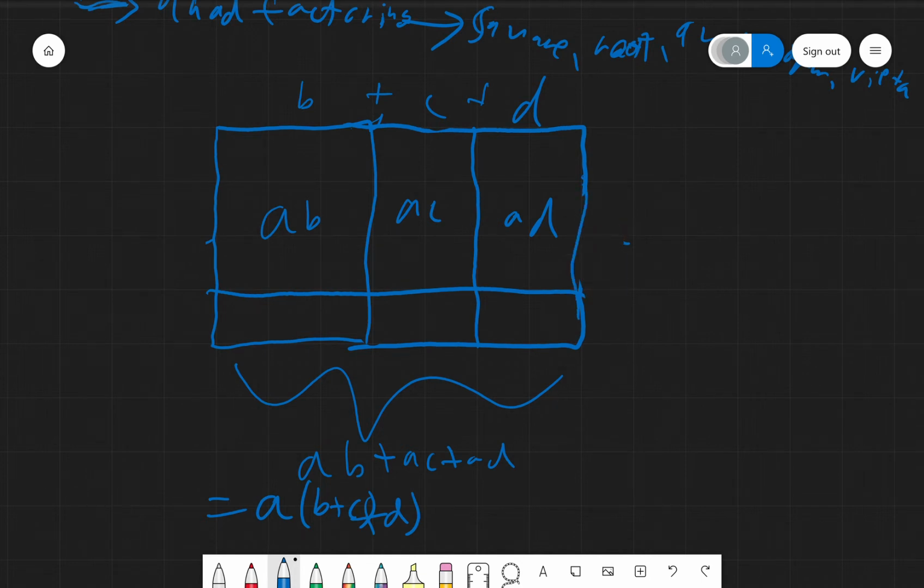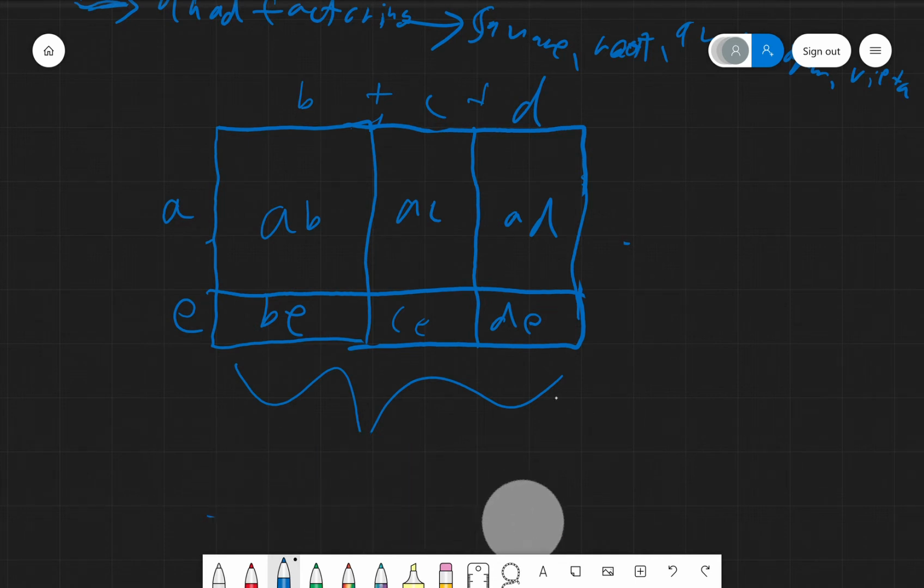So now let's say we had A, and here we had E. Now, this area is AB, this is AC, this is AD, this bottom area is BE, this is CE, and this is DE. So the area of the whole thing, now this is probably what you didn't learn in pre-algebra,